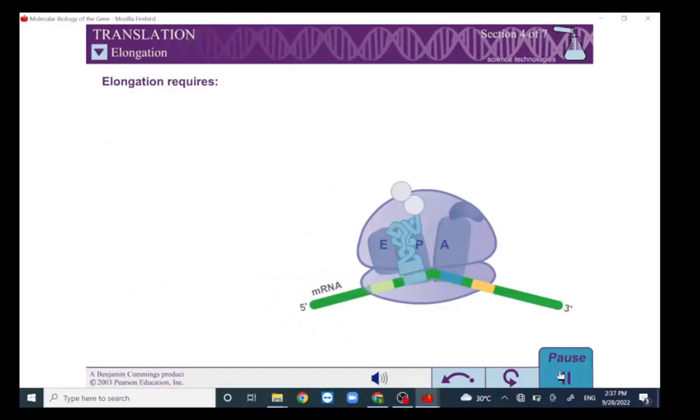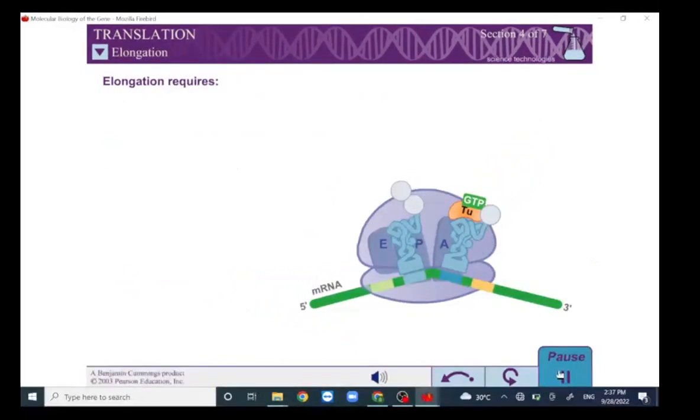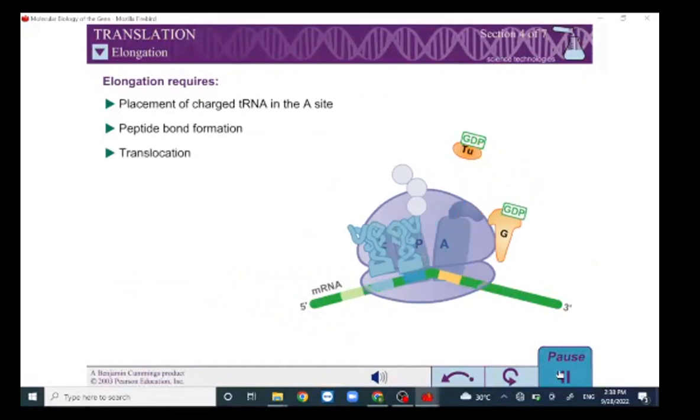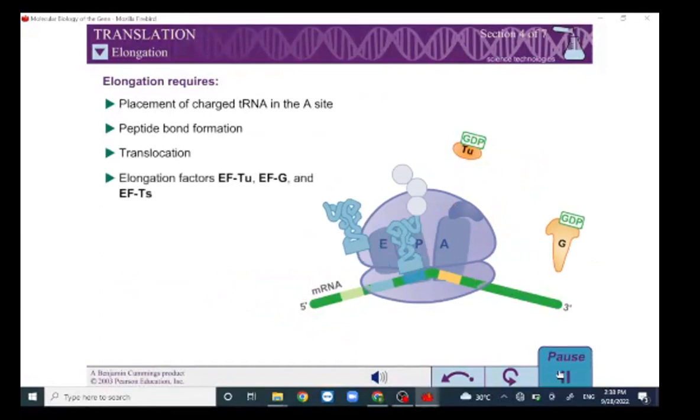Once your ribosome is ready with protein synthesis, you're going to have elongation. So for elongation, what do you need? You need another amino acid loaded tRNA. This amino acid tRNA is going to be coming and sitting on the acceptor site. So once it sits on the acceptor site, what happens? You're going to have transfer of the amino acid. Who is going to do that? Peptidyl transferase. Once it does, your ribosome moves, and the tRNA which is present on the A site is going to come and sit on the P site.